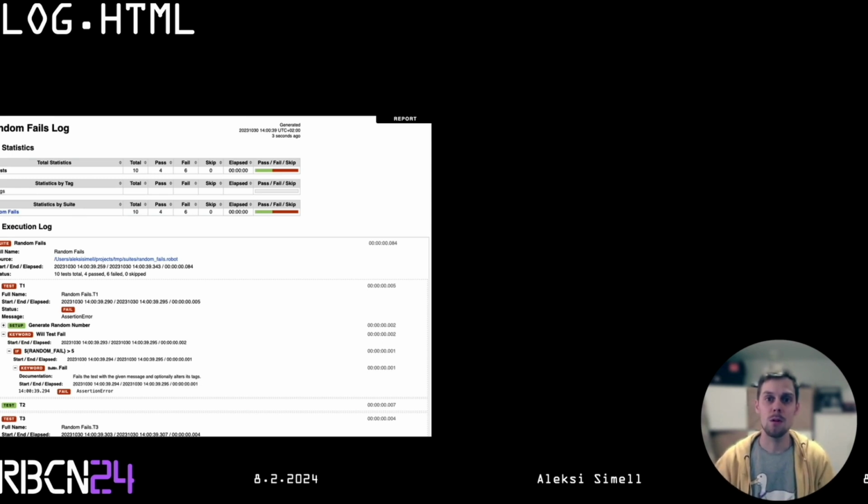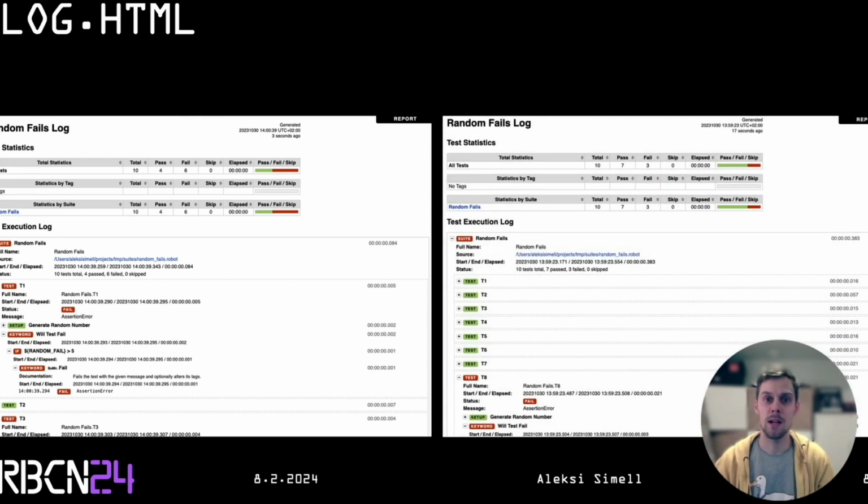However, things get more complicated the minute you get your second log.html file. Because now you're not only comparing results with the expected behavior, but you're also comparing results with the previous results. So for example, the test case that failed previously, has it been fixed? The test case that failed now, did it fail previously or is it a new failure? And so on. And this just gets more complicated the more report files and more log files you add into this equation, and this is where visualization comes in.